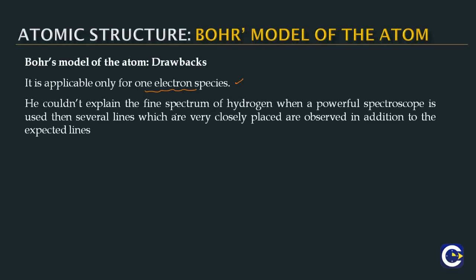And when the spectrum of hydrogen is studied with a fine or high resolution spectrometer, as the technology keeps on improving, it is observed that what initially people thought as a single line is actually a collection of very closely packed lines. While the Bohr's model is able to explain the original observations, Bohr's model is not able to provide an explanation for this splitting of the spectral lines.